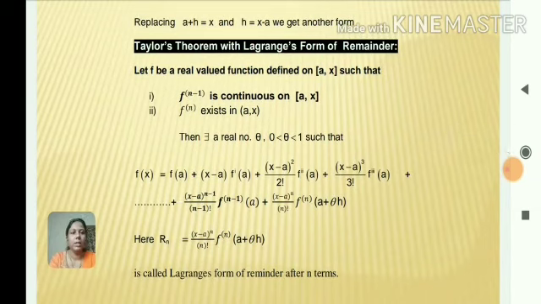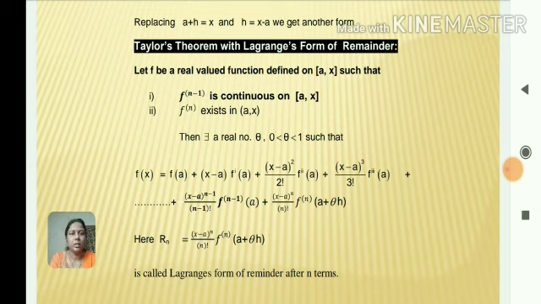Replacing a + h equal to x and h equal to x - a, we get another form of Taylor's theorem with Lagrange's form of remainder. Let f be a real valued function defined on closed [a, x] such that f^(n-1) is continuous on closed [a, x]. f^(n) exists in open (a, x), then there exists a real number theta lying between 0 and 1 such that